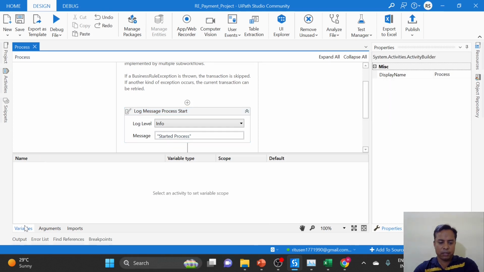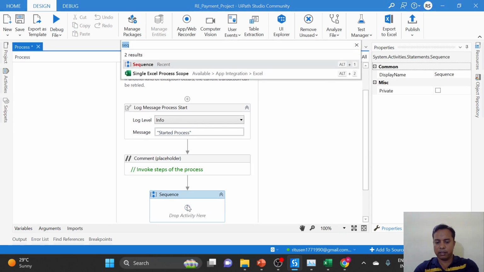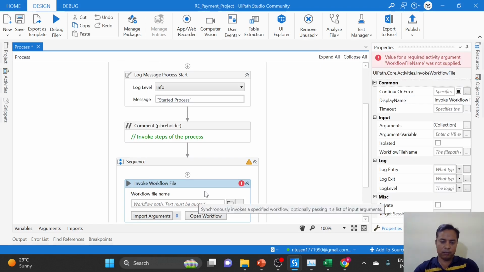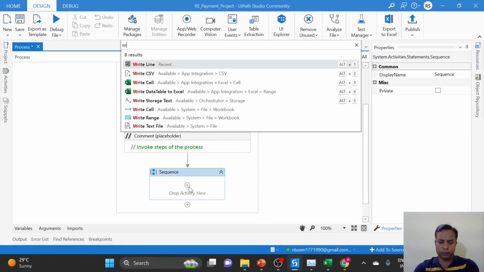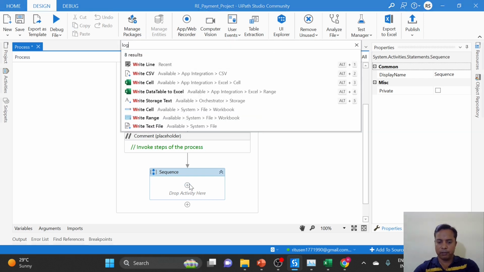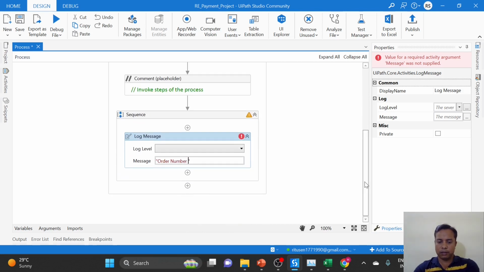I will create a sequence, and inside this sequence I will take multiple write lines, just to check if we have got everything or not. Multiple log activities basically. So order number. This is just for the understanding and the explanation. You don't have to add so many logs. Okay, so now